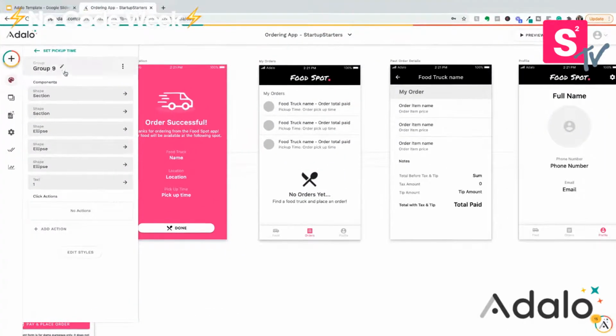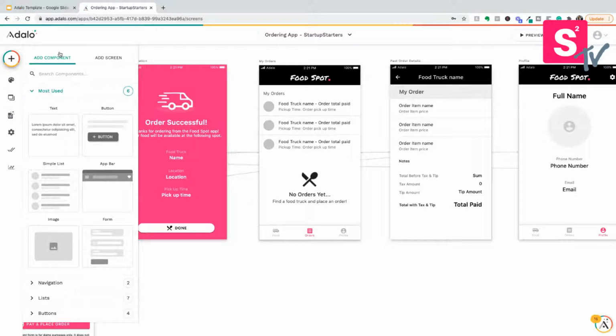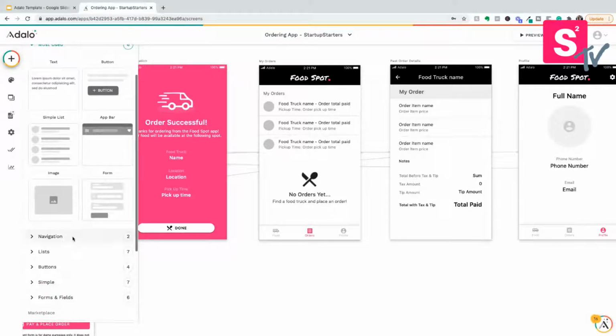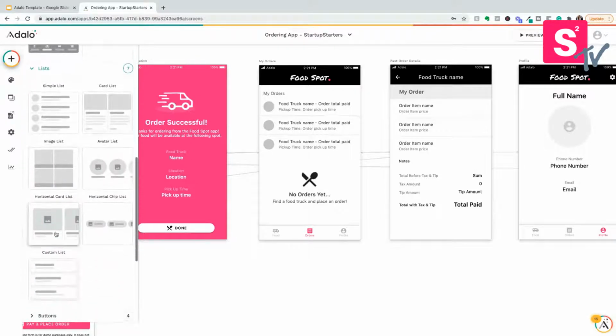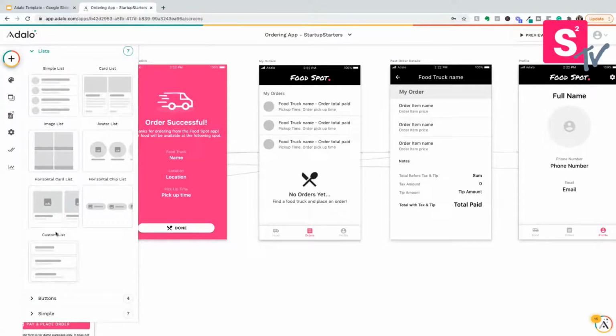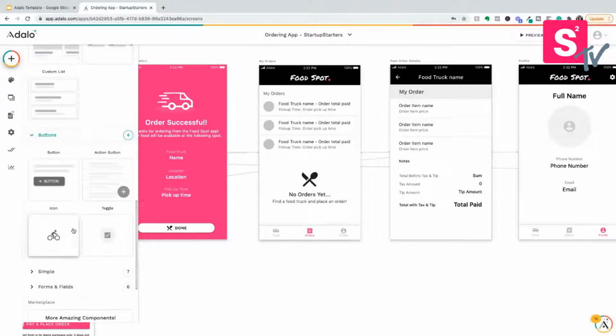So to build this out, and this is what it would look like, Adalo operates off of components, screens, and actions. We have pre-built components that are available in the majority of apps, so you're not having to design each one every time. You have text, button, simple list, an app bar. We have different ones for navigation and for lists. We have different kinds of lists. You could have a bulleted list, a card list, image, avatar, different kinds of buttons for you to use,